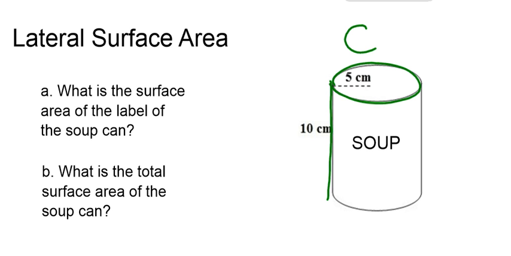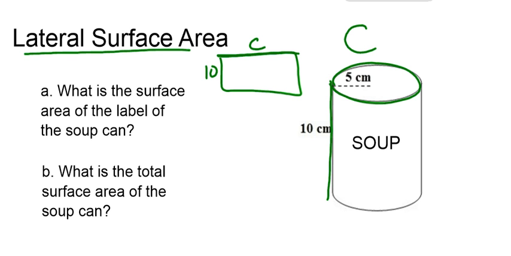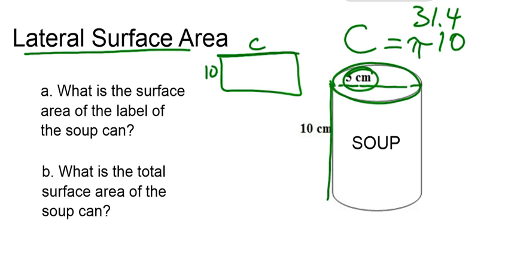That's what the paper, if we were to unroll it, would be: that square, and this would be the height of 10, and this distance would be the circumference of the circle, since it's wrapping around. So, to find the surface area of the label of the soup can, also known as the lateral surface area, we're going to take circumference, so that's 5, we need to turn that into a diameter, so 5 times 2 is 10, so 10 times pi. Times pi, of course, is 31.4,